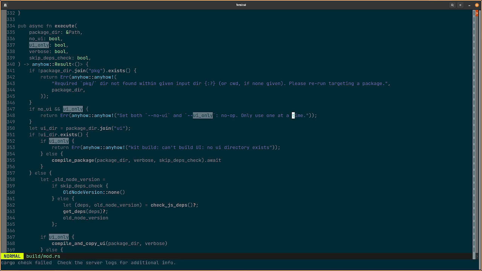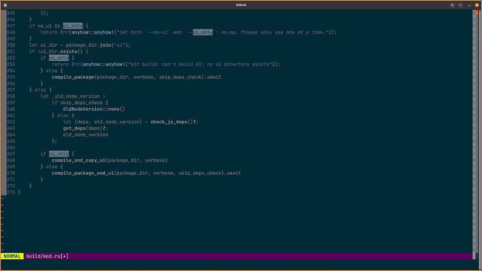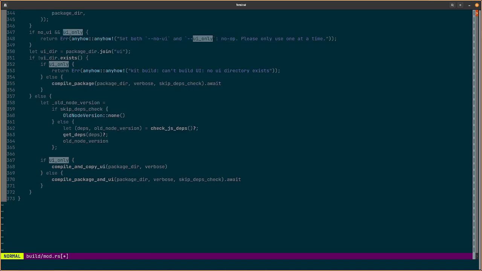Should we put a please in there? Do you like it when your software is nice to you, or should it just be purely business? To be honest, I don't like the please in this case. Oh, Kit is nice to its users. Pleases are required. This is an aesthetic question beyond my pay grade. I personally prefer when they're to the point, less English, but please can be nice. Okay, we'll leave it for now. Maybe that can be a future issue as well.